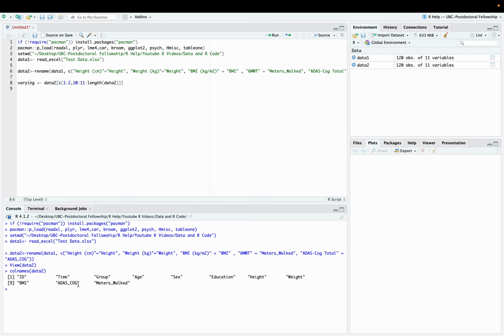In this case, let's keep it simple, and we're going to focus on ADAS-Cog and meters walked, both of which we're assuming vary from time point 1 to time point 2. Those values do differ within this data set. We're assuming that we collected those data 3 different times, and each time the data could vary from time point to time point. Once we've done that, we're going to create this subset of data called varying,